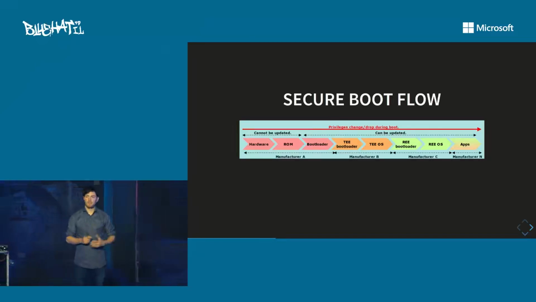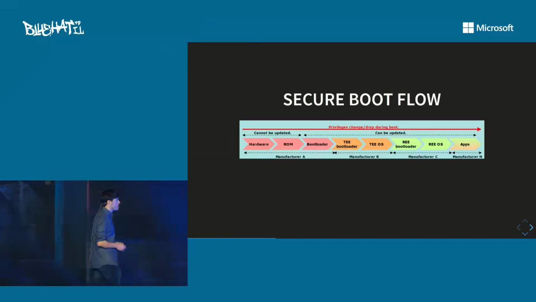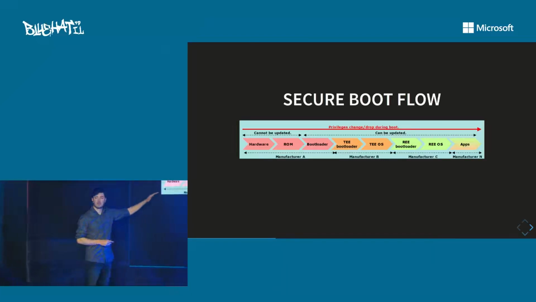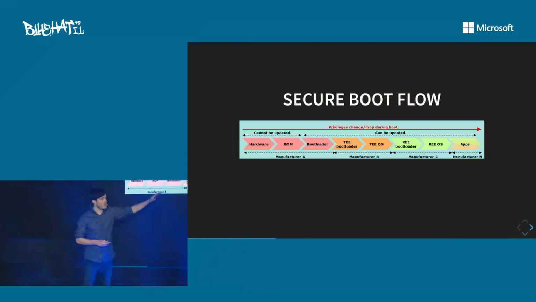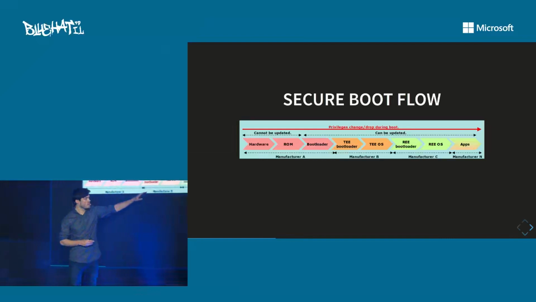And the last big difference is that there are actually a lot of manufacturers involved. So in this hardware and ROM stage, basically that's the responsibility of one manufacturer. But within that company, maybe another group is actually responsible for writing the bootloader. Then a third party may be responsible for actually providing the TEE OS, and then an original equipment manufacturer is